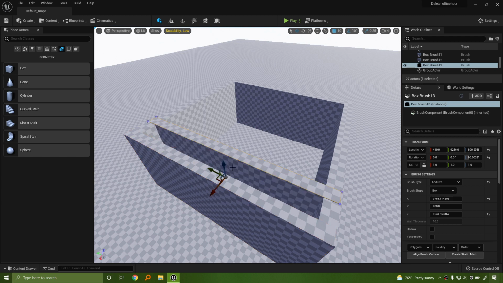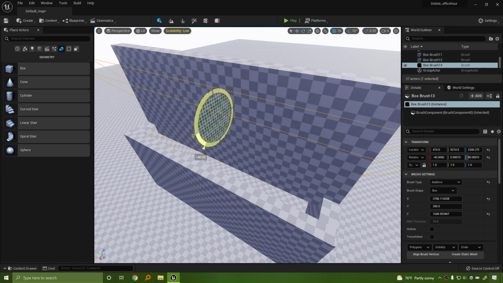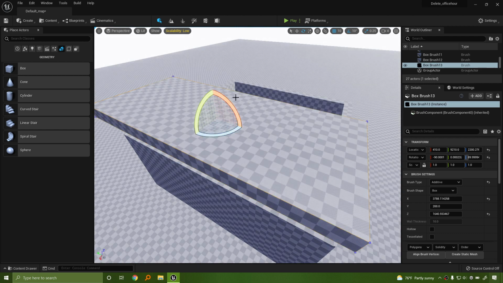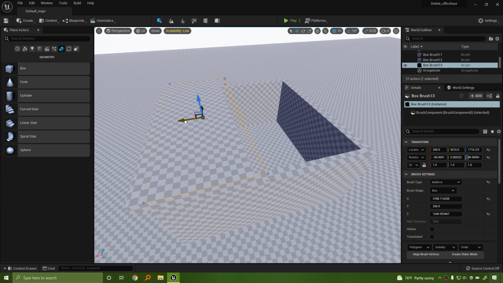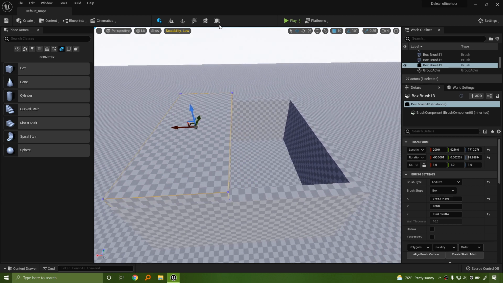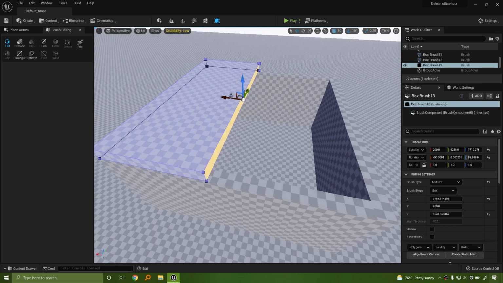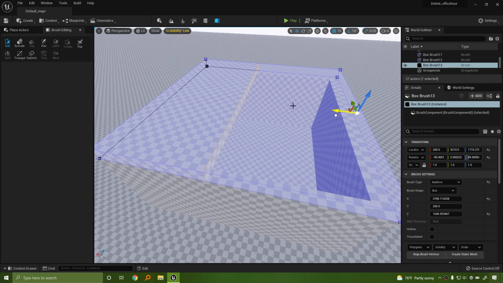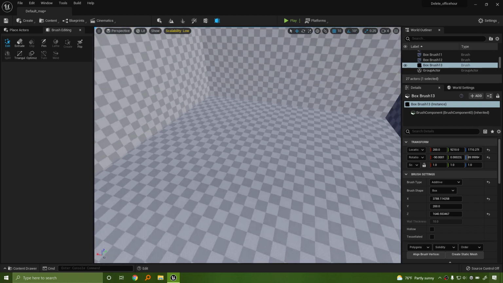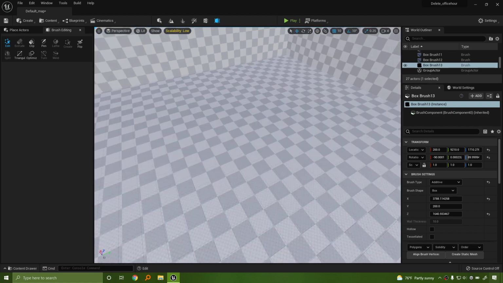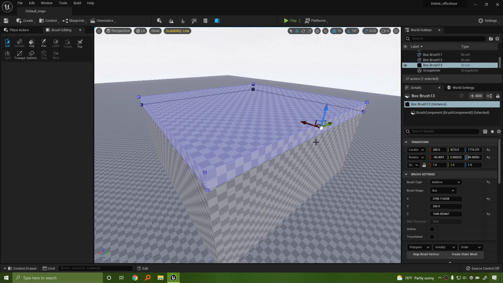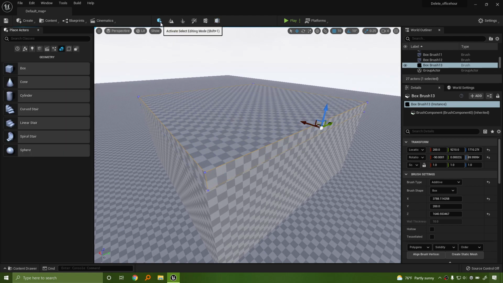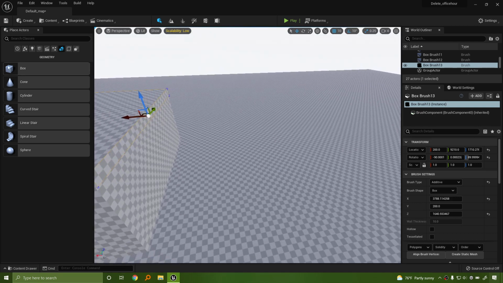Did I select another one? Yes, I did. It just didn't make it. Select the brush editing tool. Just grab that face, pull it out. There you go. Now we have an inside scene. Cool. That's what I typically like to do. I don't like to hollow out a box to make it, but let's go back to this panel and let me show you how that's done.